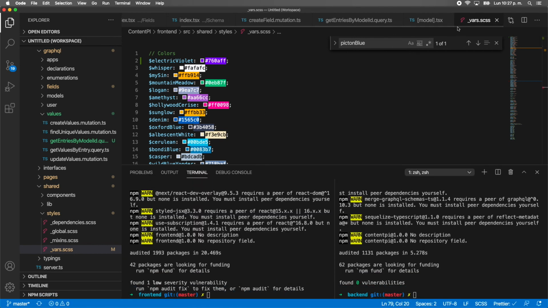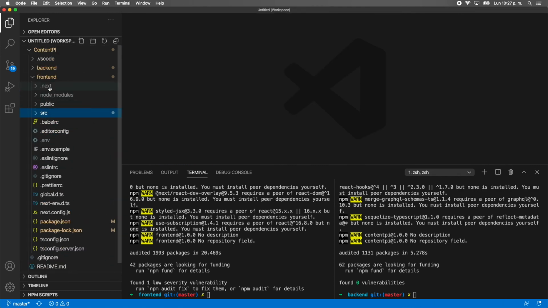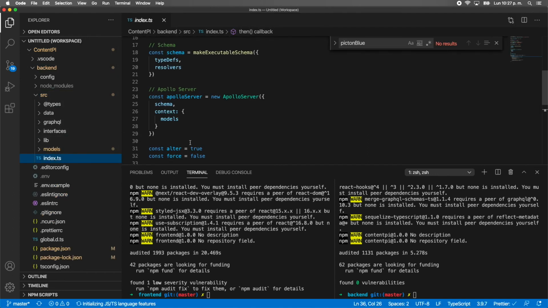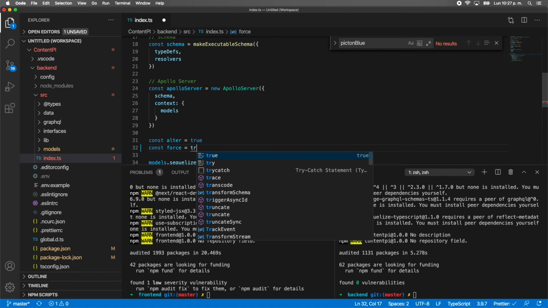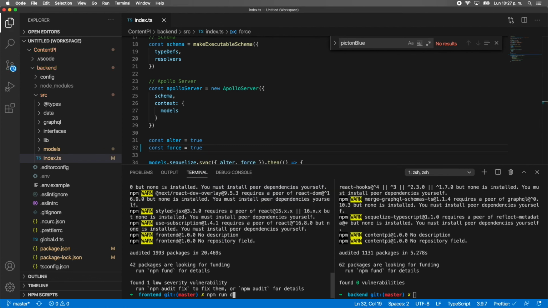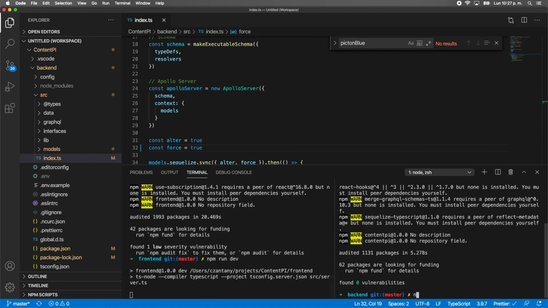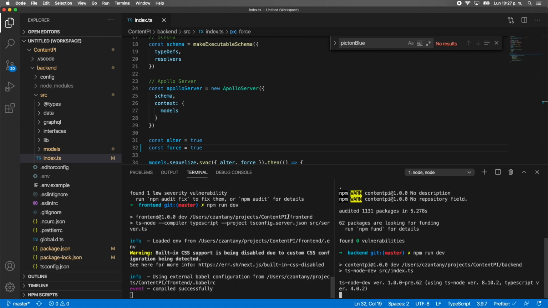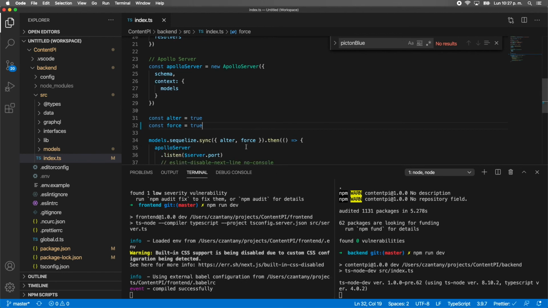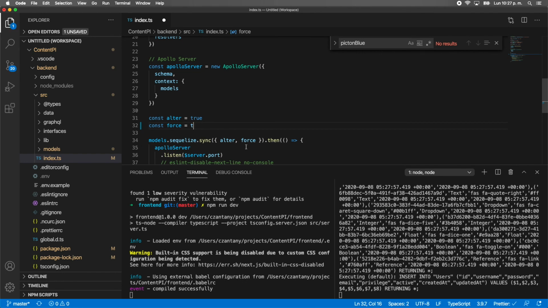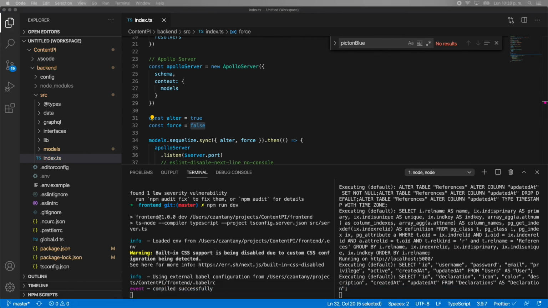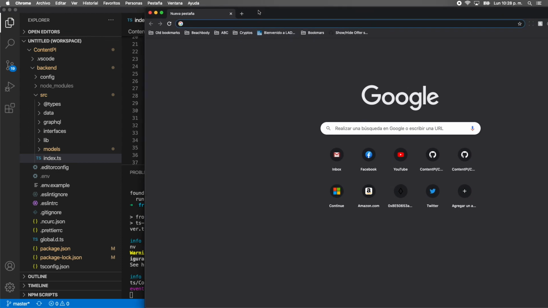So I'm going to start fresh. I need to remove everything from the backend, otherwise you won't get it like how this thing work. So let's change that to true. And let's start our server. Okay, let me change that to false. Okay, so now